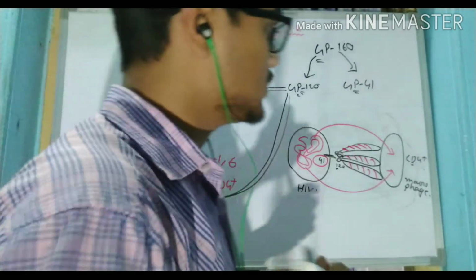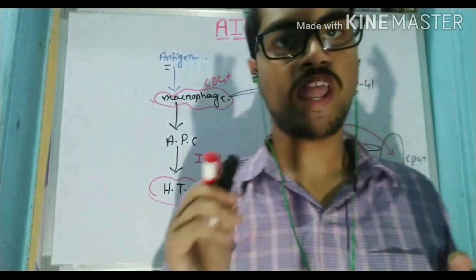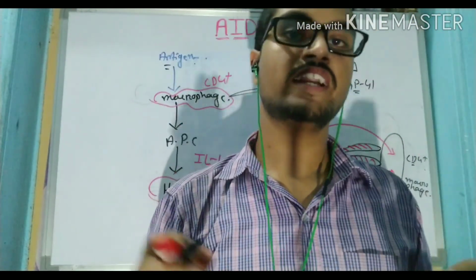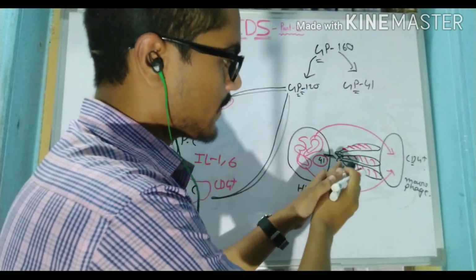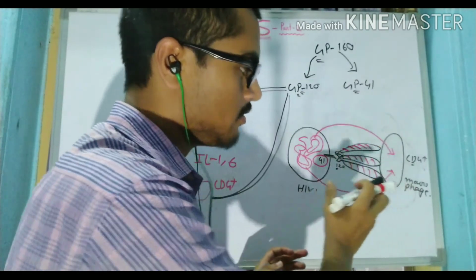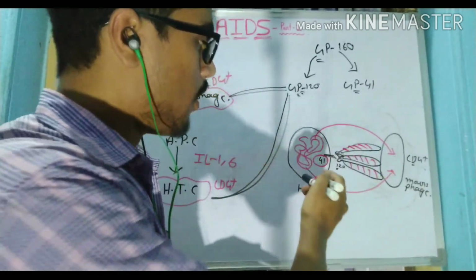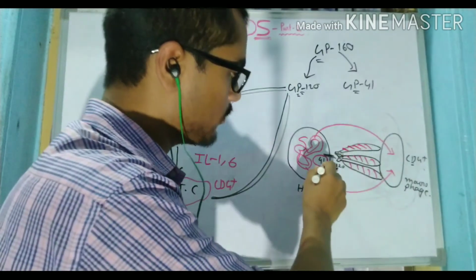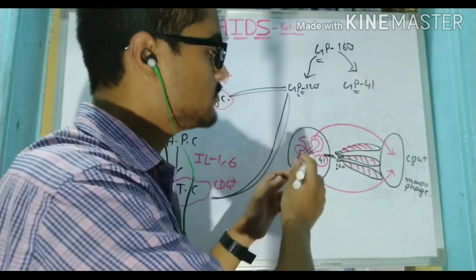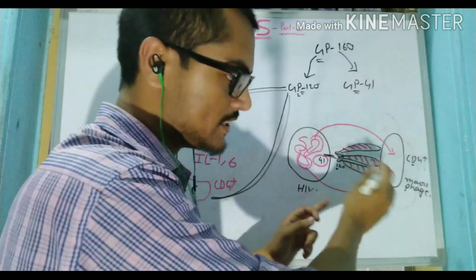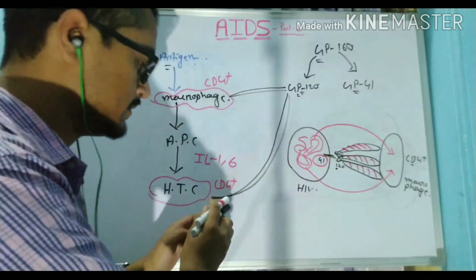So I think this much is sufficient to know how exactly the HIV virus gets attached to the host cell. By the presence of GP120, it helps only for the attachment of these two cells. But by the activation of GP41, the virus is able to diffuse its genome into its host cell, that is the macrophage or helper T cell.